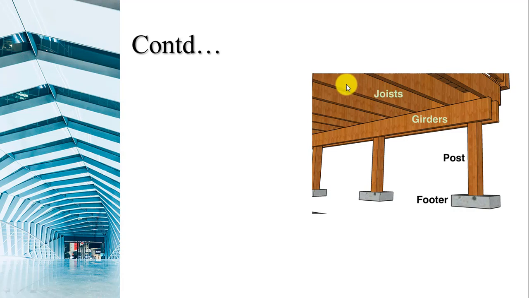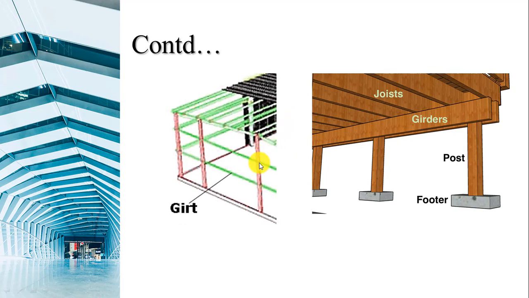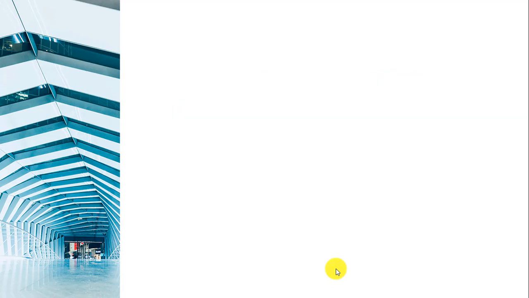And then joists are given, meaning joists are the floor level beams. So all these different beams which are provided at the floor level are named as joists. And the girts. Girts, we have shown, are the beams spanning between the adjacent columns and which support the cladding. So those are called girts. This is the horizontal member which is spanning between these adjacent columns. So that is called the girt. Here we also saw another term, that is the spandrel. So this outer peripheral beam can also be referred to as a spandrel. So likewise we can have these different classifications for beams.